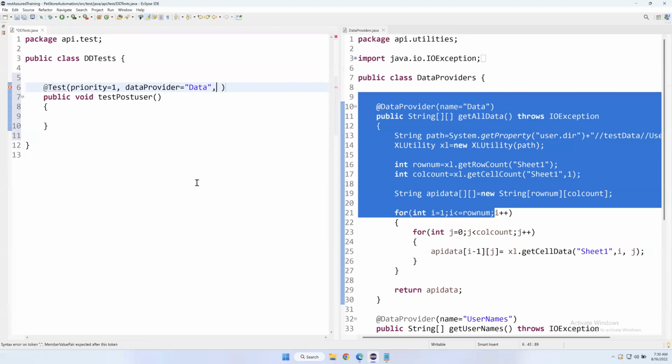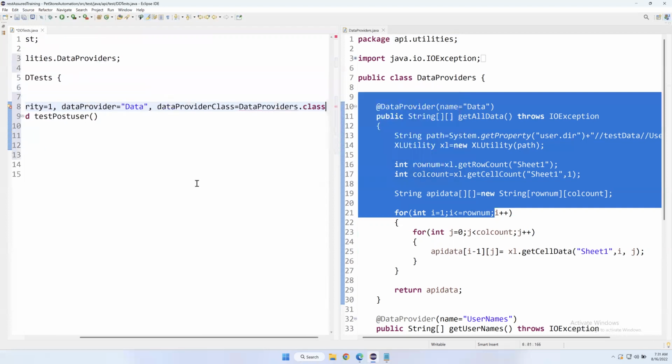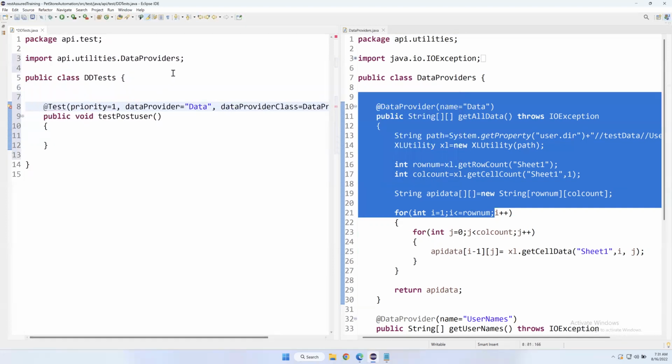So in the test parameter, we have to say dataProviderClass. So where is our data provider class present? What is the name of the data provider class? The name we have to specify, DataProviders.class. This is the class that we need to specify. And also we have to import that one. So DataProviders class, we are importing from the